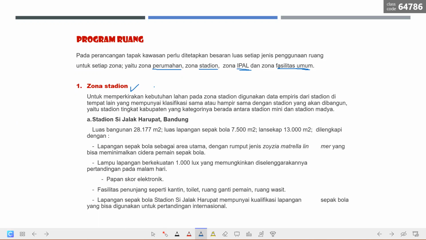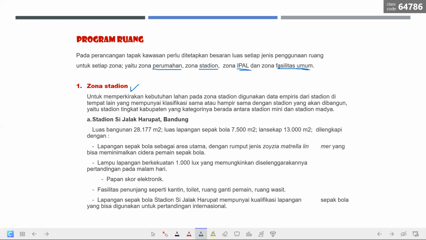When you are asked to develop a site or to develop an idea, say a stadium, for example, there are many ways for you to go about searching for relevant information about the stadium. You can find out the design standards for a sports stadium of so and so size, what facilities they have, and the dimensions of each room, or you can learn from similar facilities. So, for example, in this particular case, the stadium area is a synthesis of many different case studies,